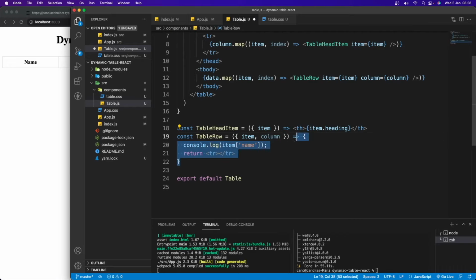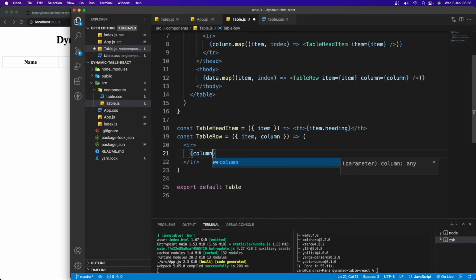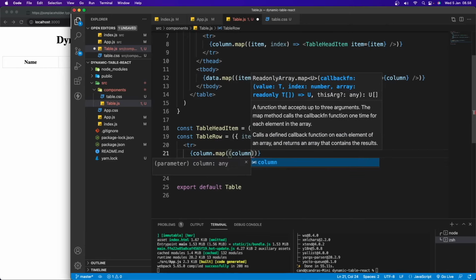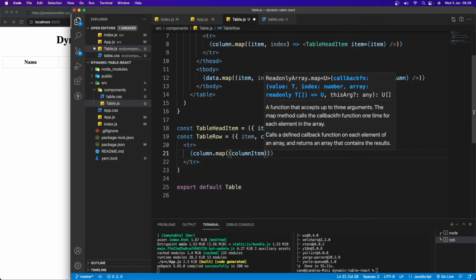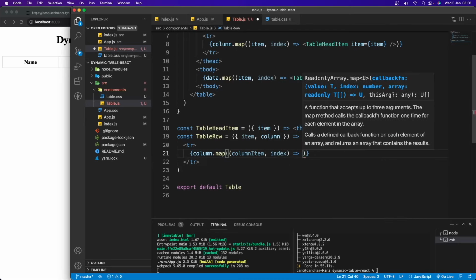So I'm going to remove that first, and I'm going to return in here a tr. Inside in here I'm going to map through the column: column.map, and I'm going to grab the column item and the index, and also in here I'm going to